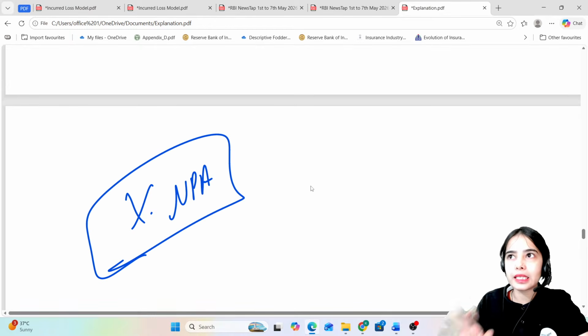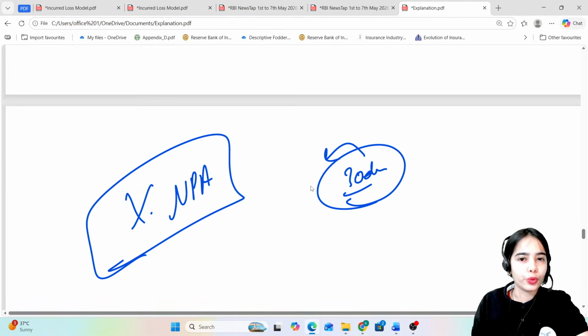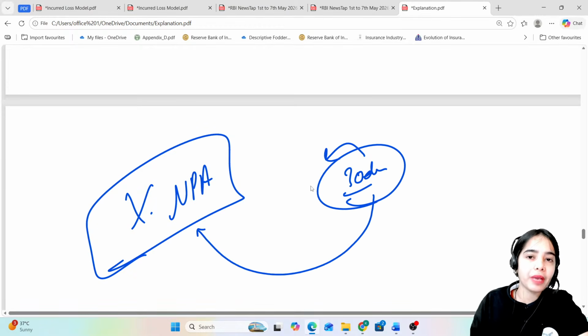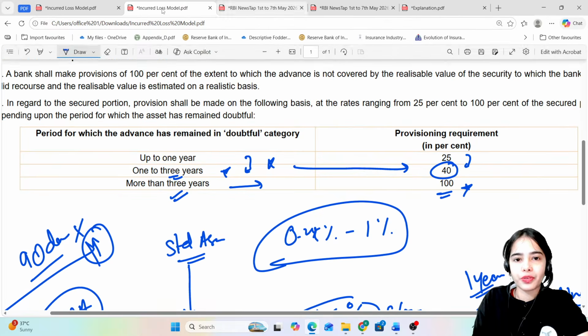As soon as it is seen that for the past 30 days the payments have been due, that means this loan can become NPA. This loan can become NPA. So as soon as stage 2 has been reached,